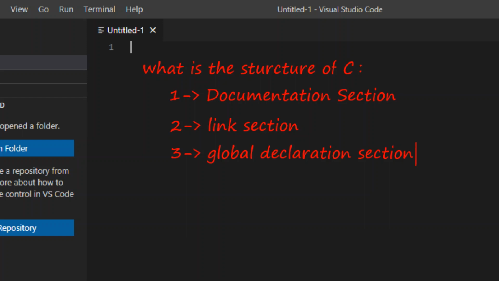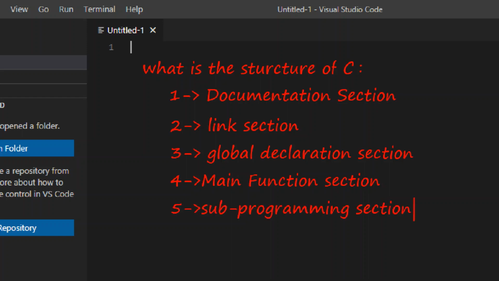Well, a variable is nothing but a name given to a storage that our program can manipulate, and a global variable is available for use throughout your entire program. 4th one, main function section. Here main is an inbuilt function and the main is called by the OS, where it is the designated entry point of a program. Last one, subprogramming section. Nothing but writing another function if you want to use. Among these, documentation section, global declaration section, and subprogramming sections are optional.